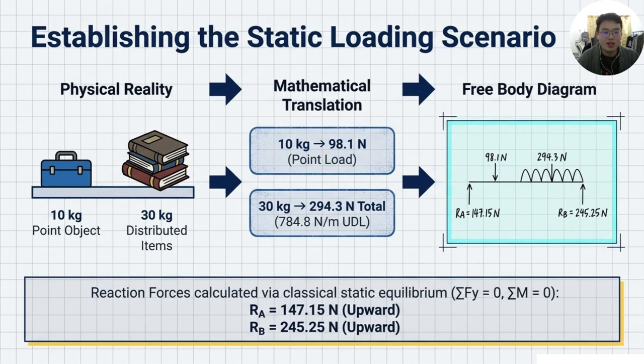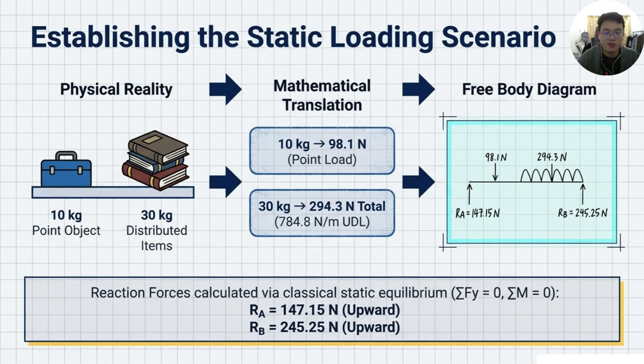This slide shows how the actual loading condition was converted into an engineering model. A concentrated load of 10 kilograms was converted into 98.1 newtons, while a distributed load of 30 kilograms was represented as a uniformly distributed load of 784.8 newtons per meter. By using the static equilibrium equations, the support reactions were calculated as 147.15 newtons at support A and 245.25 newtons